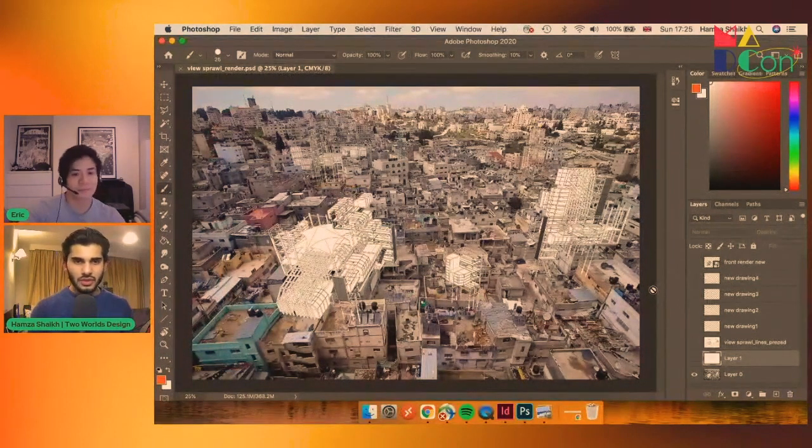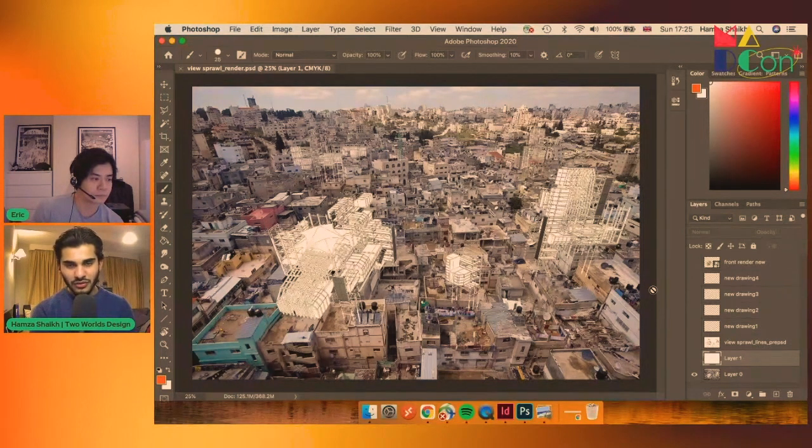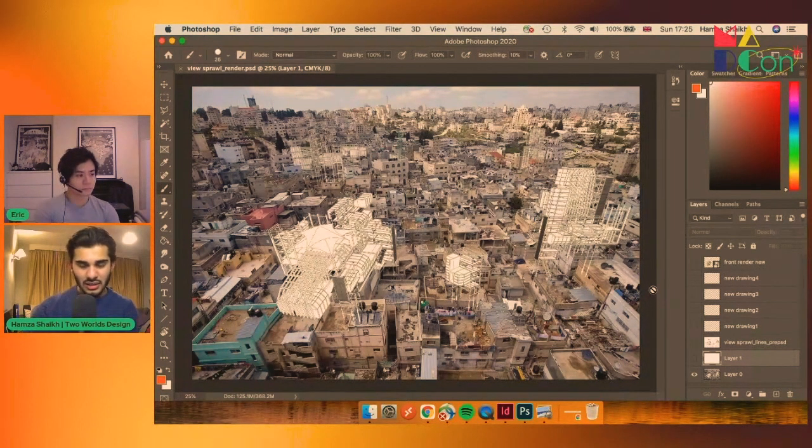So what you can see here is the photograph. This is the photograph I traced, and I'm not ashamed to say it. I'm actually proud, and I take pride in being able to reveal the myths that a lot of people feel are behind drawings. You should never feel ashamed of tracing, because there's a huge level of skill involved in tracing properly and tracing correctly. And as I said many times in this presentation, making the drawing your own and introducing your own details and elements. So what you see here is a very, very important step in this process, where I have found my perfect view for the SketchUp